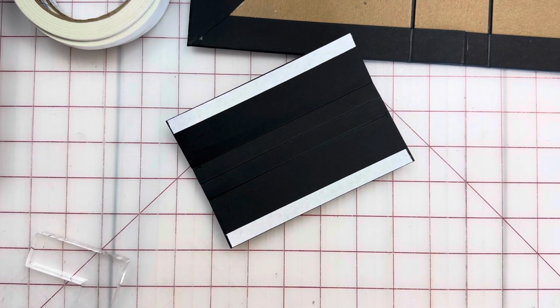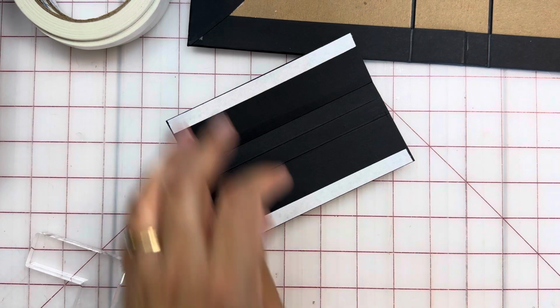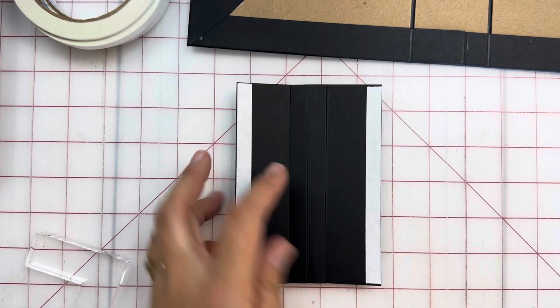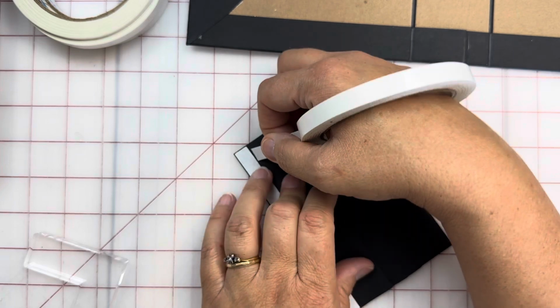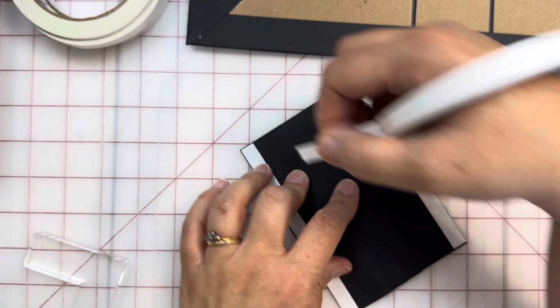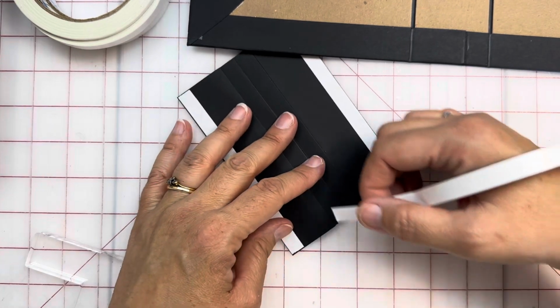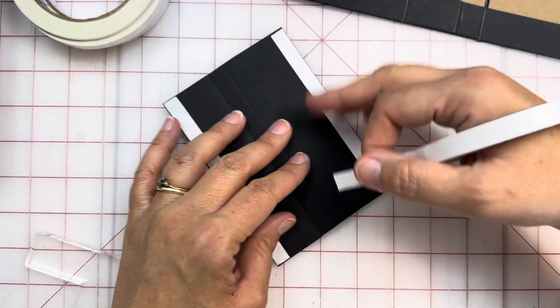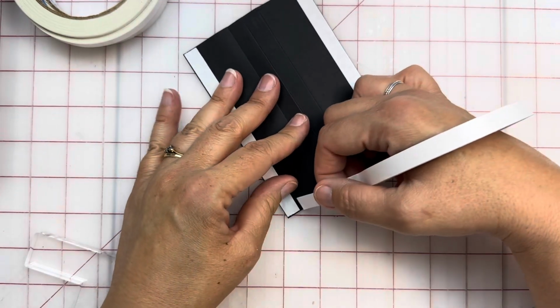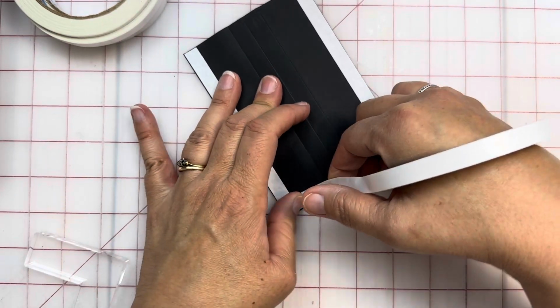So, word of caution. All right, so I'm not done with my tape. Now that I've got those two, so I know that my edges are going to hold, I'm going to go ahead and go across here. I'll work from the bottom. It's easier for me to work from the bottom. Everybody has their thing. I'm going to move this out of the way. It's just in the way. There we go. So again,